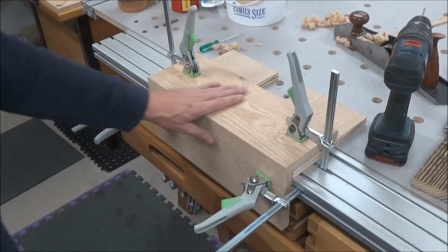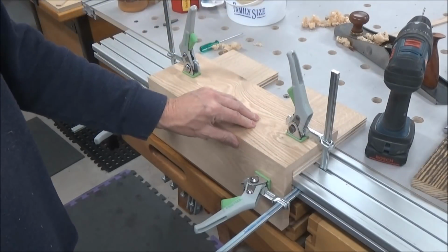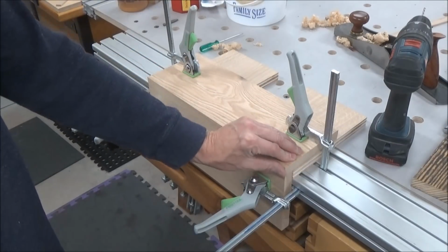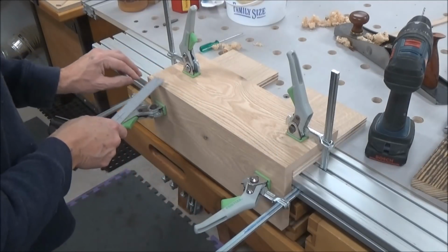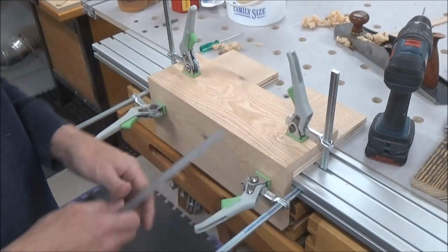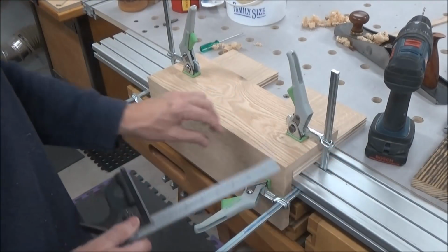This is really nice to be able to do this type of work. I've got these up on blocks. I don't really know why, but I do. And got it tapped into place. It's nice and flush. And I'm just going to mark out here for 3 screws to temporarily put it together. Check it for square, and then